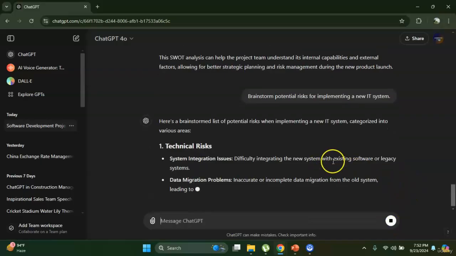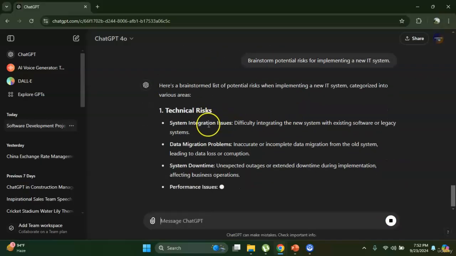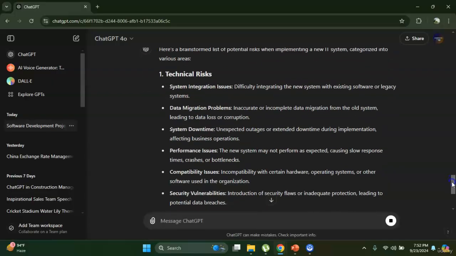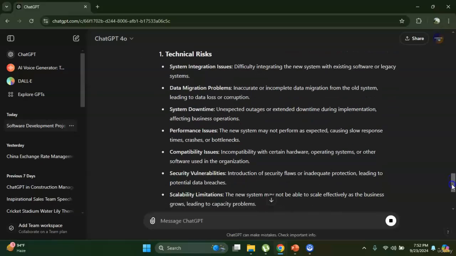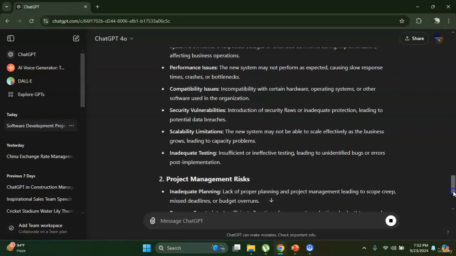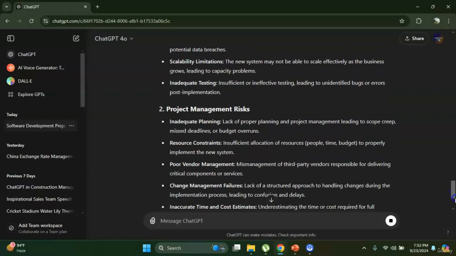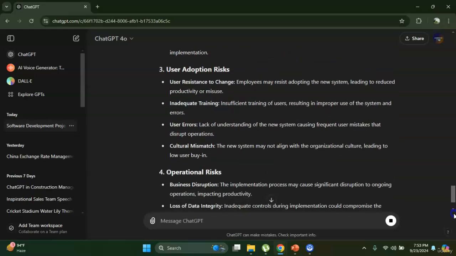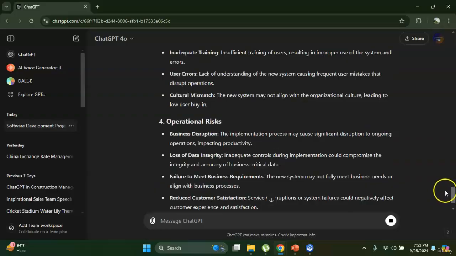So you see that it is generating the categories, the various areas like technical risks, of different kinds, like system integration issues, data migration problems, performance issues, compatibility issues, inadequate testing, project management risks, a couple of cases like inadequate planning, resource constraints. Then it is generating further cases, user adoption risks, operational risks. Still it is generating